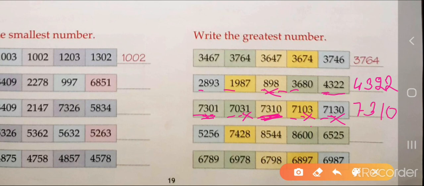So next one, this is 5, this is 7, this is 8, this is 8, and this is 6. So obvious the 8 is greatest, so we will cut this because we will not compare these numbers. Okay, now we have to compare only 2 numbers, because these all numbers are smaller. So this is 5 and this is 6, so which one will be greater? Obvious, the 6 is greater, so the whole number will be greater, 8 6 0 0.